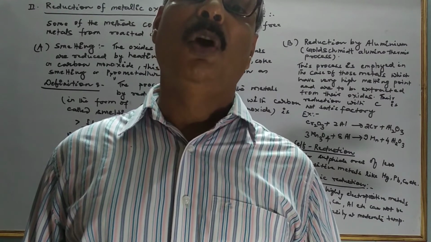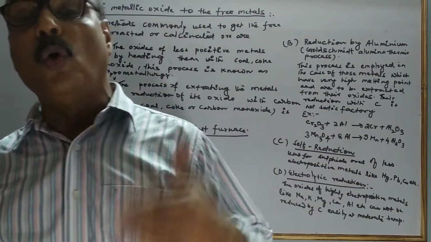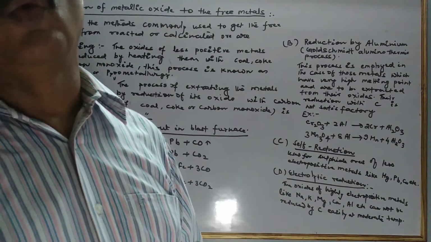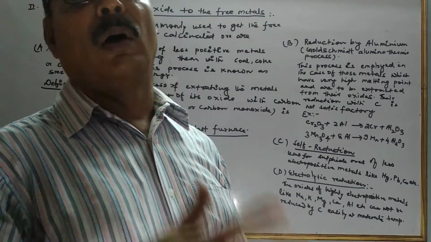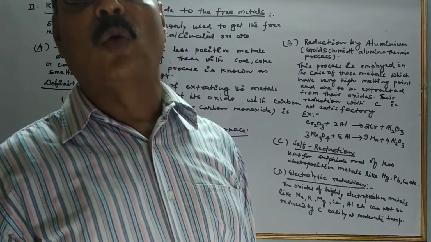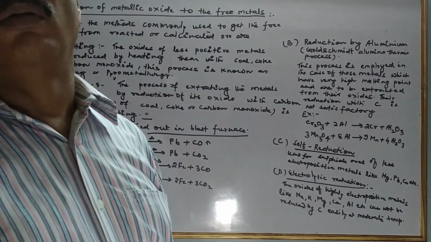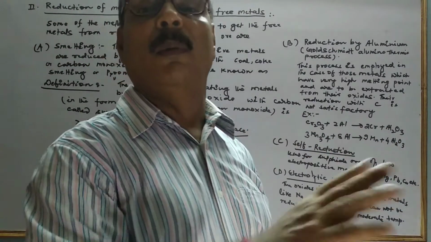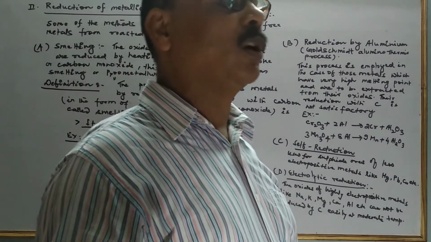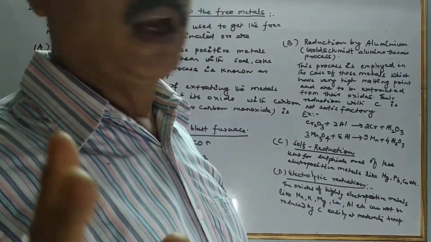Electromagnetic method, which is used in the case in which either the ore or the impurity is magnetic in nature. So what will happen? The magnetic substance, that is ore or impurity, will fall closer to the magnetic roller, and the non-magnetic substance will fall away from the magnetic roller. Or by leaching. That leaching is used for the concentration of aluminum, gold, silver, that we have learned.